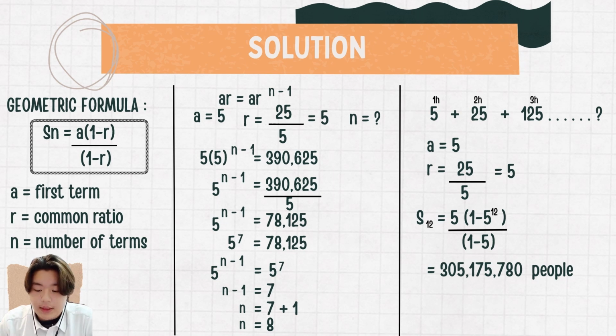From the question, we get that a, the first term, equals 5, and r, the common ratio, we can get from the second term, 25 divided by the first term 5, so the ratio is 5. And n, the term position, is what we have to solve for. We put a and r into our formula: 5 times 5 to the power n minus 1 equals